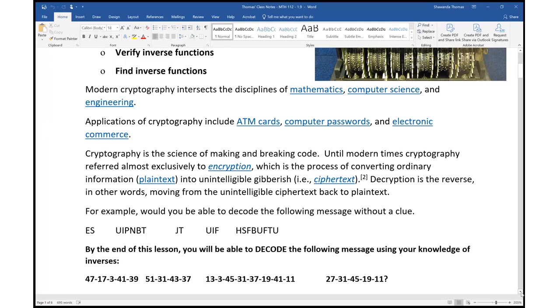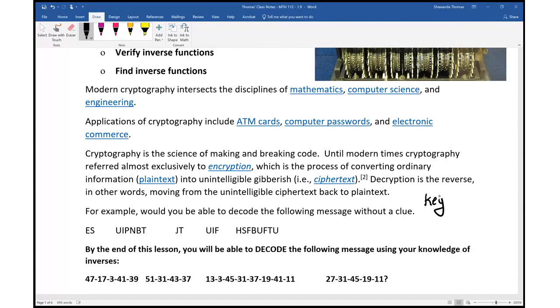For example, would you be able to decode the following message if I gave you a clue? This is the message: ES space UIPNBT space, and so on. So these are words. It is unintelligible at this point. It's definitely not the English language, but the words convert to an English word. If I gave you a clue, or my key, as they call it, if I gave you a key